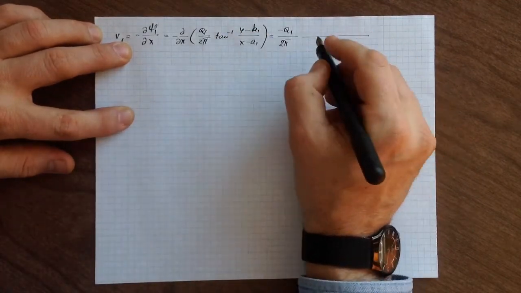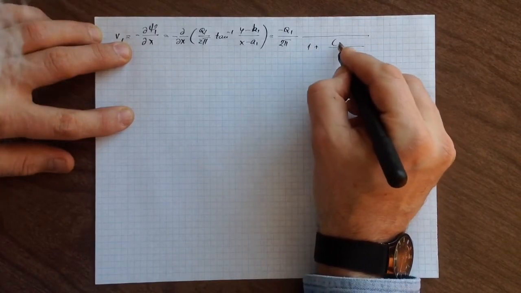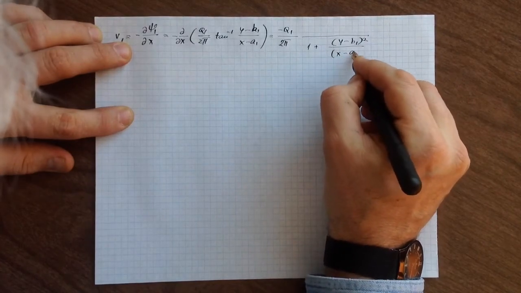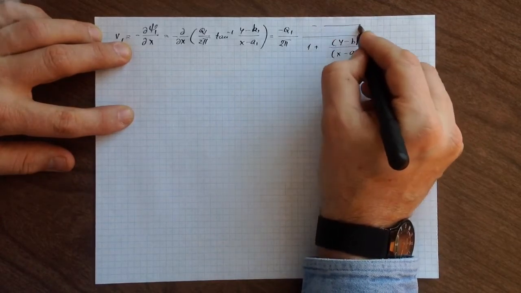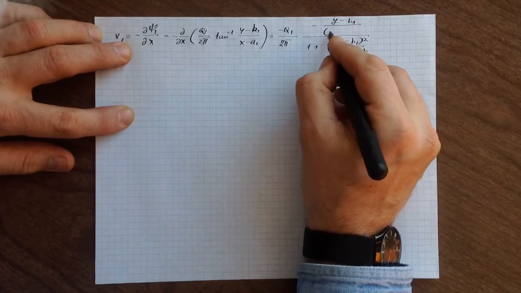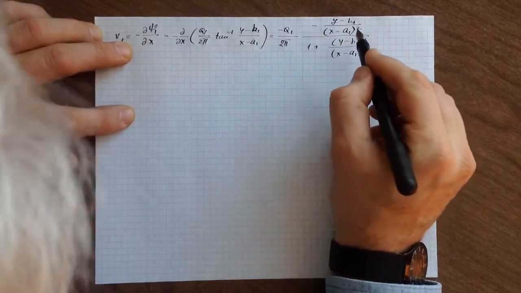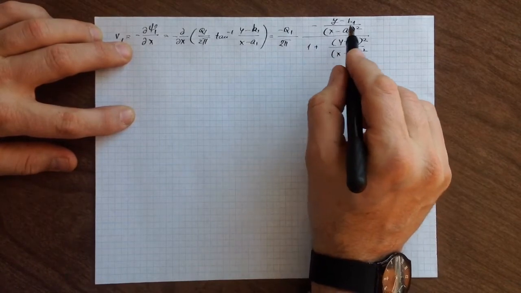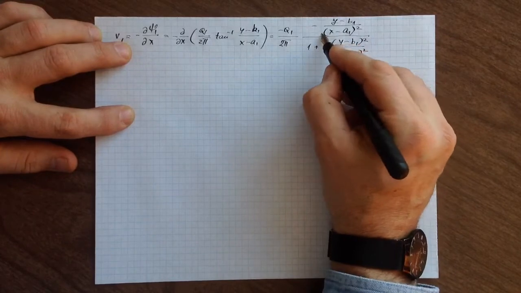Again, the derivative of the arctangent is 1 over 1 plus y minus b1 squared over x minus a1 squared. And here we have minus y minus b1 over x minus a1 squared. So basically, the derivative of 1 over x is minus 1 over x squared, and then the derivative of the expression itself. So now these cancel out,